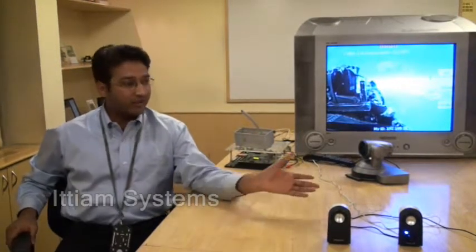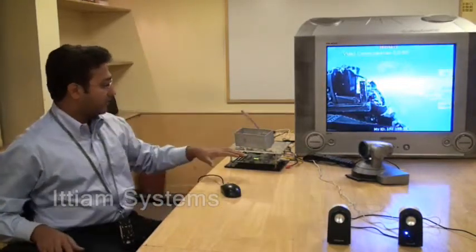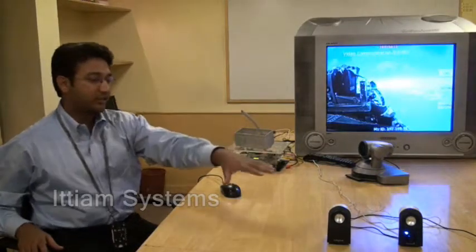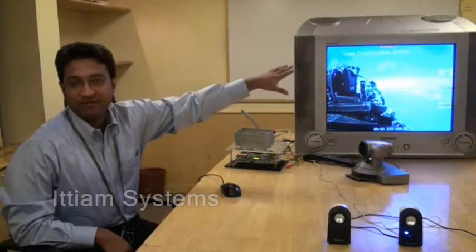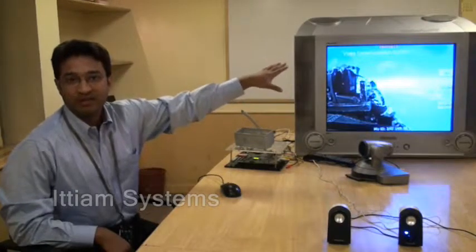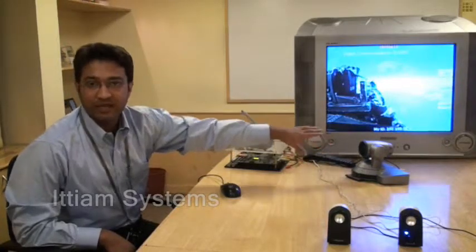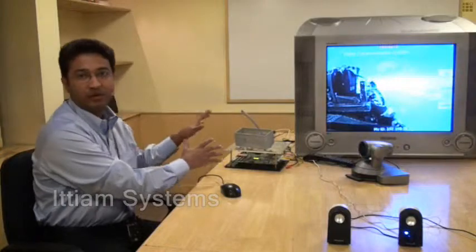So this is a fairly large conference room, as you can see, and we have a setup here with the TI DM365 EVM connected to an external mic and speaker, also connected to the standard definition TV there. We have kept a large TV here so that you can see the demo properly. We also have a standard definition camera which is being connected to the EVM. So it's an off-the-shelf demo based on the TI EVM which can be downloaded and verified by anybody.